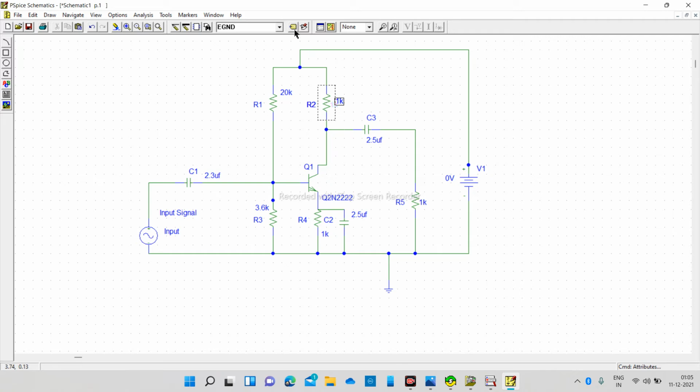Here in the circuit, we have seen that it is 1.2. Let's say we will put 1.5. R4 is always less, so we will give it 224.